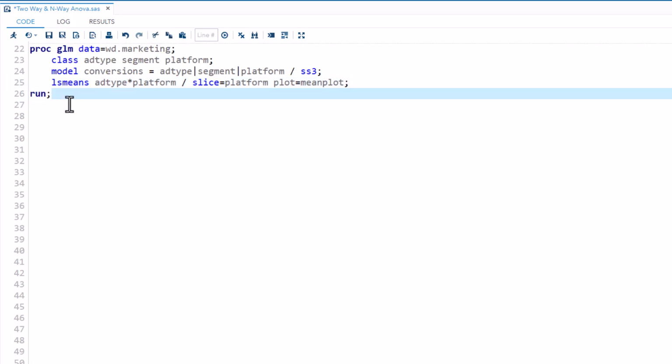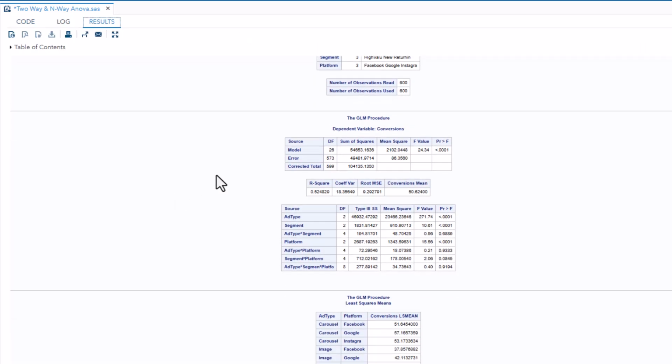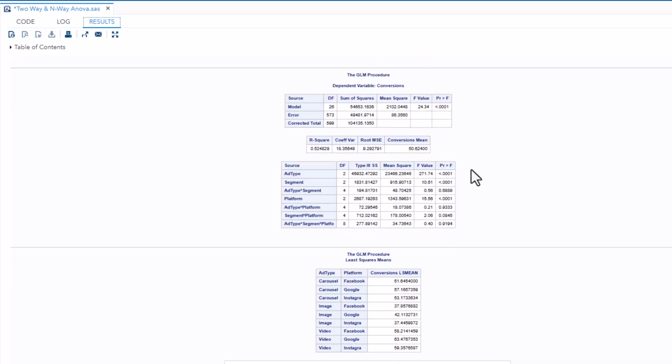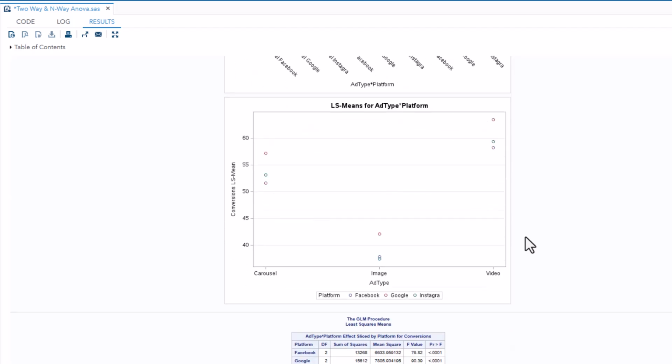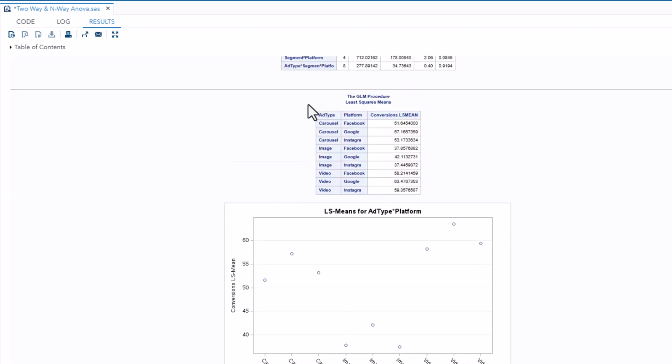Let's rerun the code. We have already interpreted the main effects and the interaction features. Now here there is some additional output which has been generated by LSMeans and slice. Let's interpret the first tabular table here. Video ads generate the highest sales per customer on every platform, whereas carousel ads produce moderate sales per customer, and